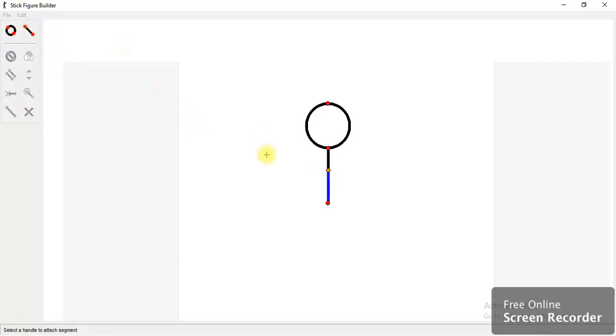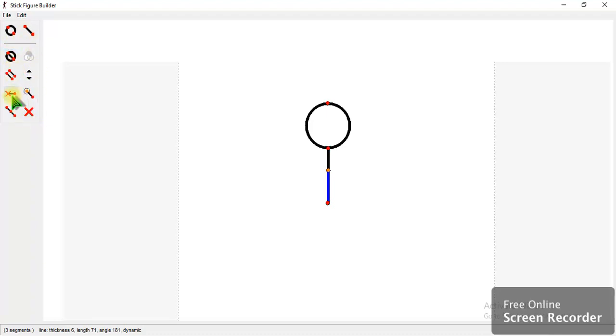Again now one more line. See, you cannot join this line in the middle somewhere, only on this red color dot you can join. I will show you what the icons are. This is toggle segment. This is duplicate. If you want to make one more same like this, you can click this. This is split. More than this, when you explore, you will understand. If you have no need for this one, you can select this and cross. Then it will go. So use these three alone, that itself is enough.